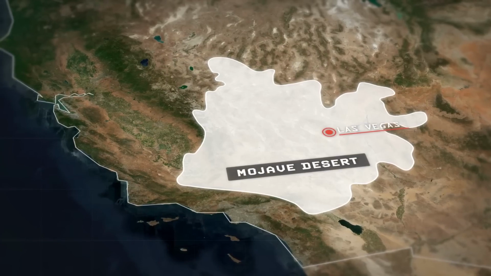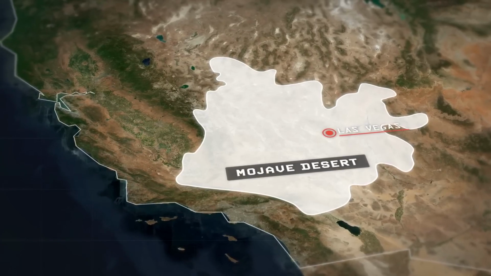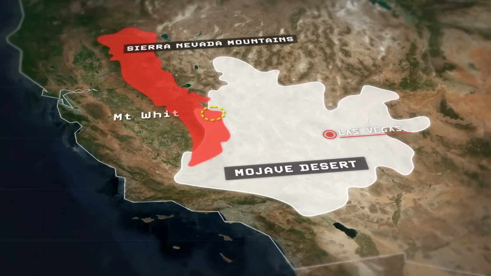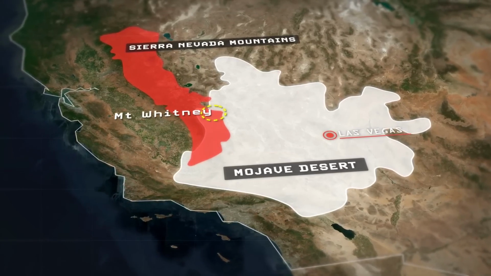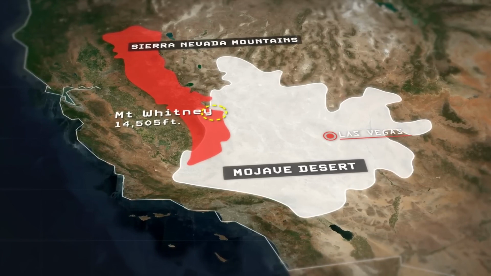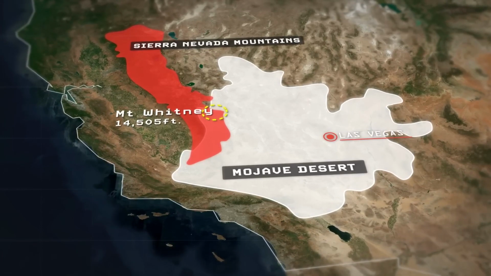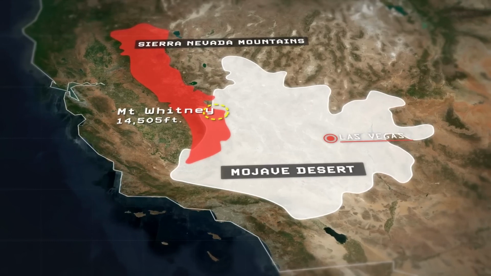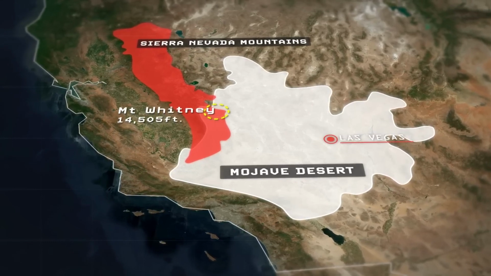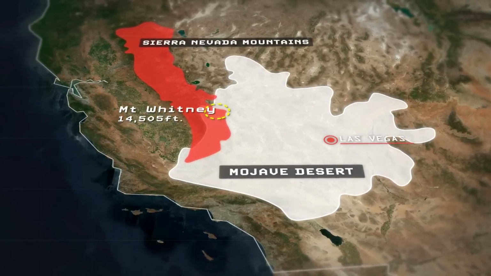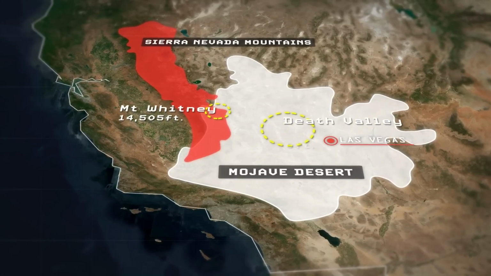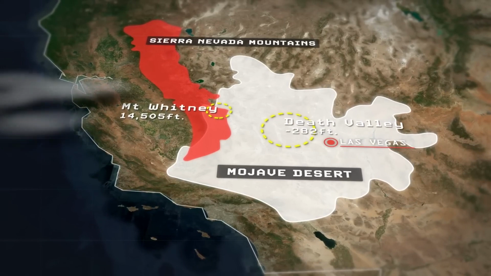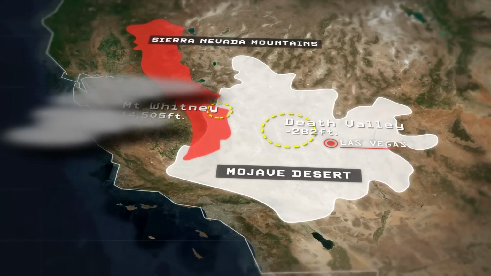The Mojave Desert itself is located entirely east of the towering Sierra Nevada mountains of California, with peaks as high as Mount Whitney at 14,505 feet, the highest point anywhere in the contiguous 48 United States, and a mere 85 miles away as the crow flies from the aforementioned Death Valley, the lowest point on the North American continent at 282 feet beneath sea level. These towering mountains